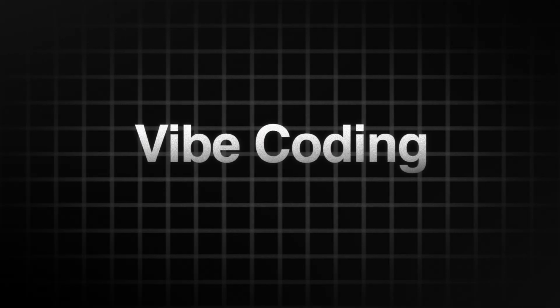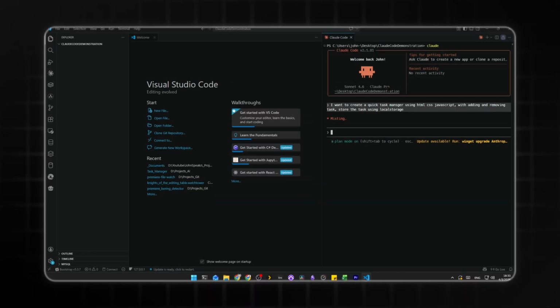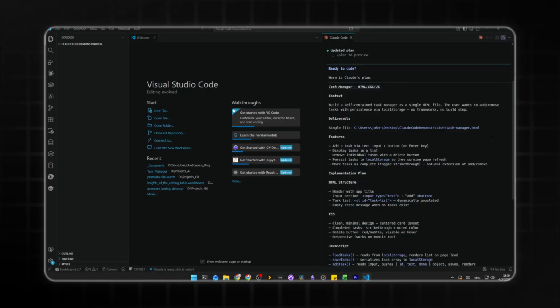Let's talk about something that's probably not talked about enough in the creative industry, which is vibe coding. Well, what is vibe coding? It's basically coding using AI tools. A lot of people, video editors, photographers, videographers, probably don't find a way to utilize vibe coding and find it very intimidating to use. So I want to talk about how I use Claude Code to finally improve my workflow and now have free time to record this specific video and potentially edit it and upload it to YouTube.